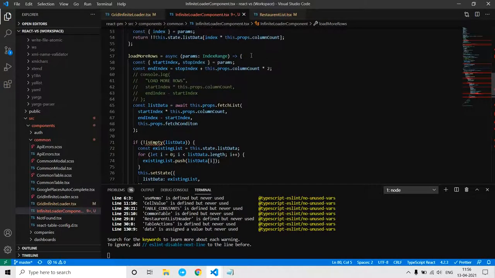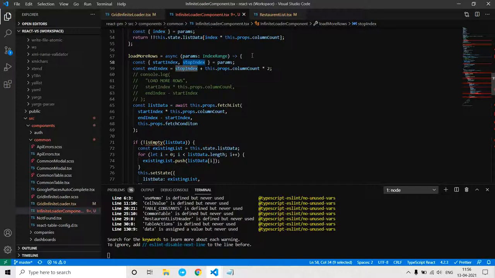So basically it takes these params. Basically we need a start index and stop index, because infinite loader gives us start index and stop index when it wants to load more rows.